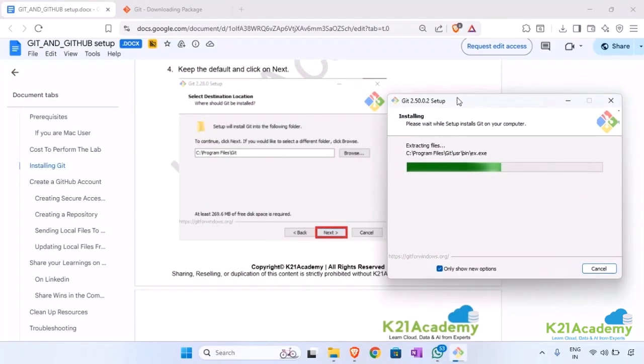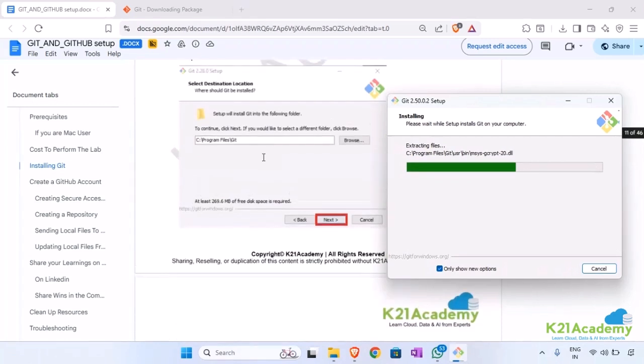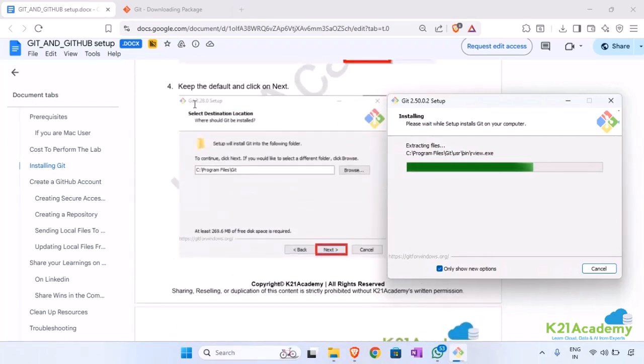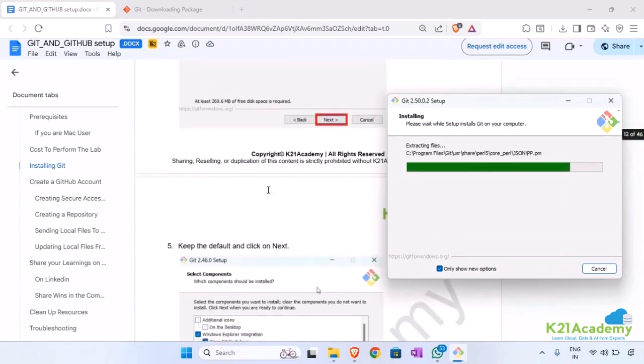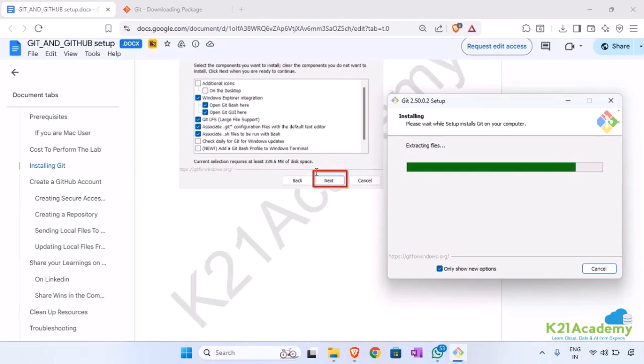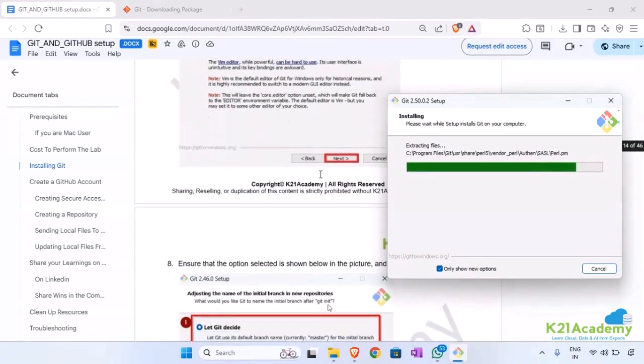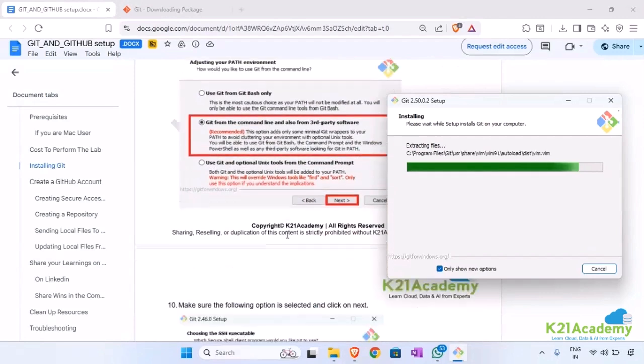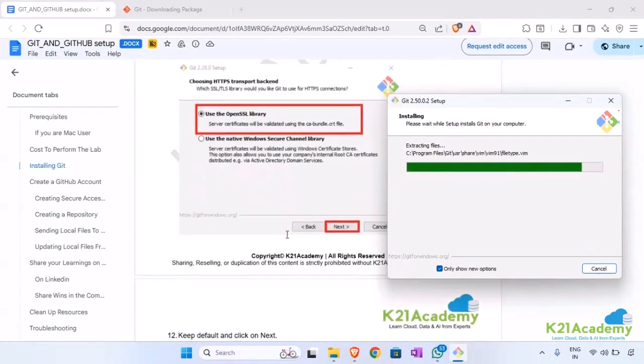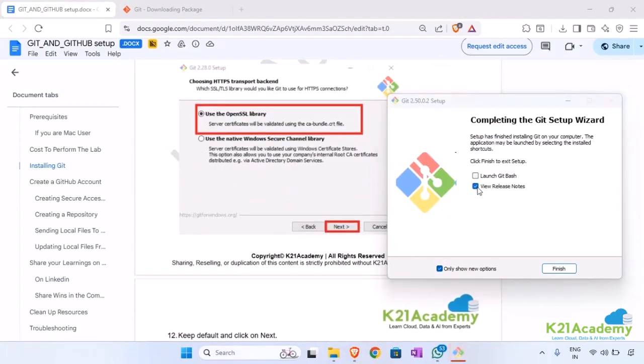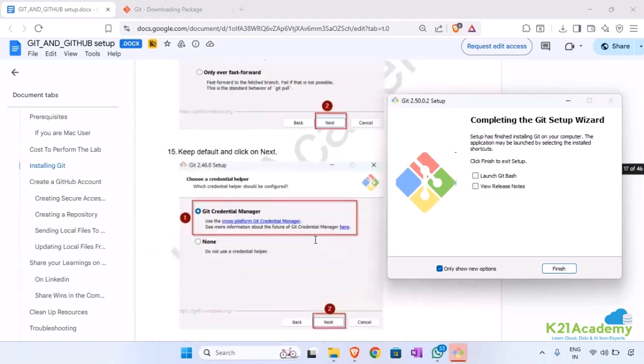And to me, some of the configurations didn't show because the version is different. If you can see, the Git is 2.28.0, but the Git version is 2.50.0. I think that's the reason I couldn't find any of these configurations. I just clicked on install. And now I'll untick this. So we are at the last step